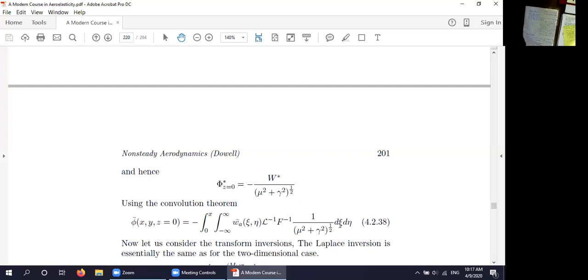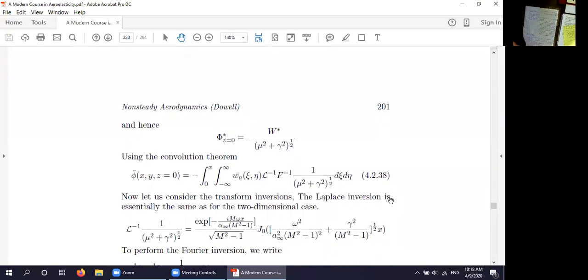So let me pause at this point. This is just thinking transforms, recognizing that when you do an inversion, you have a convolution integral, but now you have a convolution integral not only with respect to the chord-wise variable c, but the span-wise variable eta, because this is 3 dimensions. So there's more to the story, not a whole lot more, but there is more. And let me pause here to make sure that everyone's happy up to this point before I go on. Any questions or concerns at this point? Hearing none, let's press on.